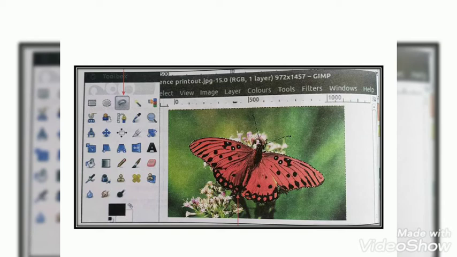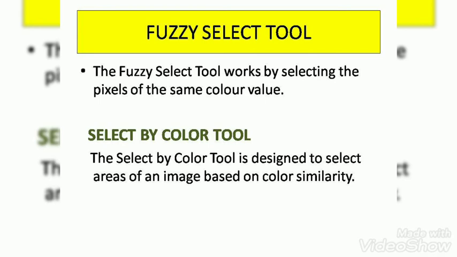Okay, so what you have to do, you have to select this tool, you have to click on the image area you want, and you have to extract a line. You have to cut one line on the particular area you want. When you release the mouse, the background will become dark. Then finally you can get the area which you want. The background will be deleted.